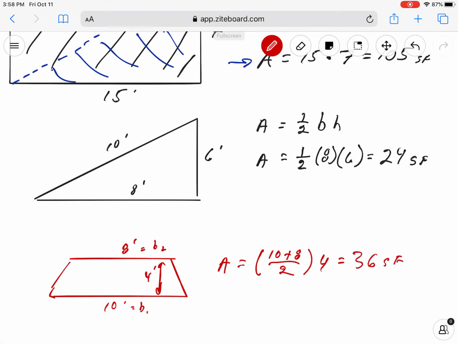So the general formula for a trapezoid is the two bases added, divided by 2, times the height. Okay? All right, so that should be enough for us to work on in class,